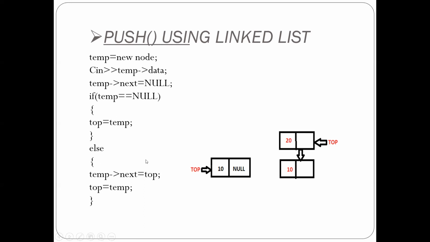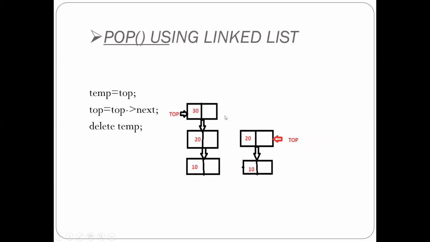So with the help of this code, we can attach or push a number of nodes onto the stack. So this is the push operation. Now we'll see the pop operation. Whenever we want to delete an item from the stack, as we know, we always delete the topmost item from the stack. So what we have to do here is mark that node directly.